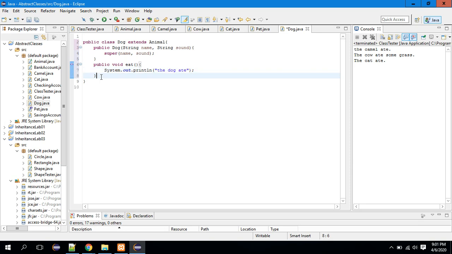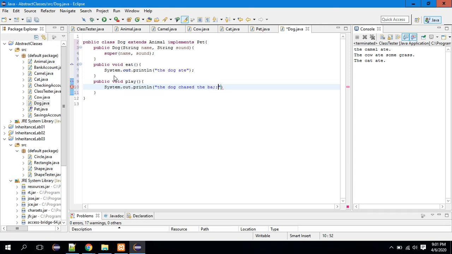Okay. Now, if I take the dog class and I add implements Pet, the dog class then has to have play: public void play, System.out.println, the dog takes the ball. All right, so now I have these two classes, Cat and Dog, which are extending Animal and